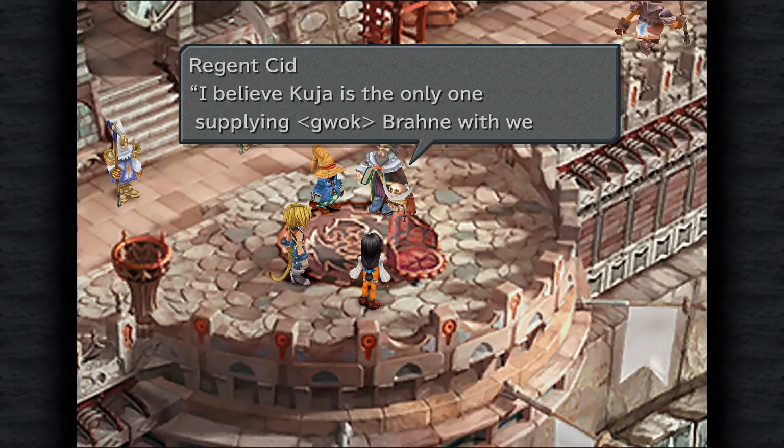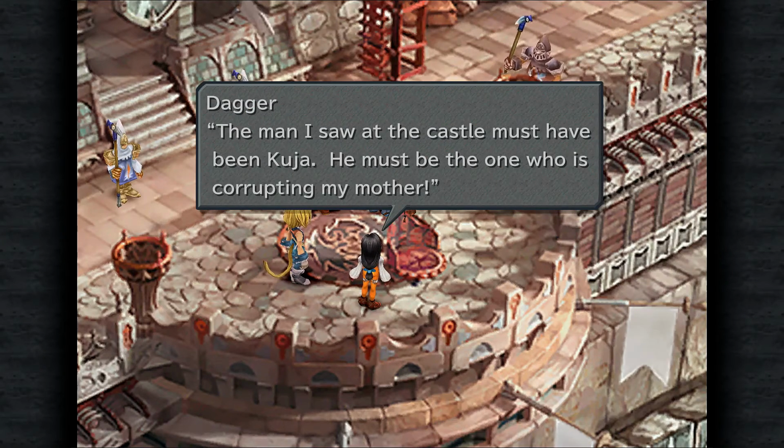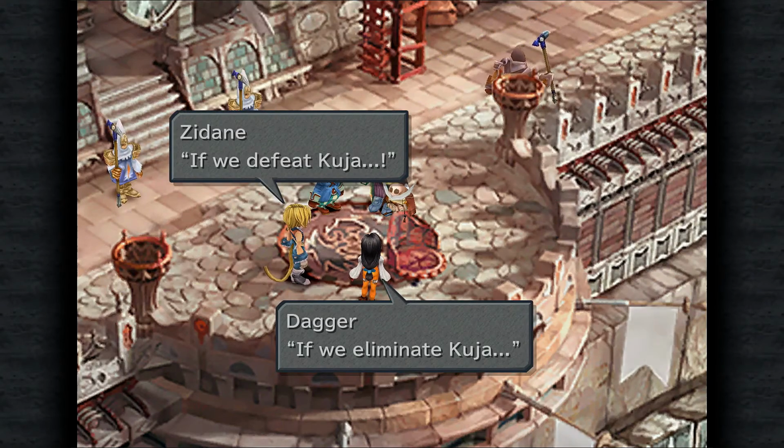I believe Kuja is the only one supplying Braun with weapons. The man I saw at the castle must have been Kuja. He must be the one who was corrupting my mother. If we defeat Kuja, if we eliminate